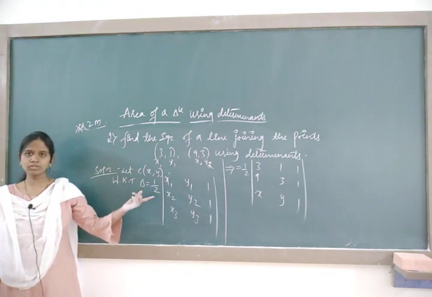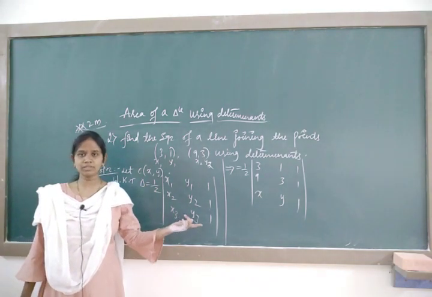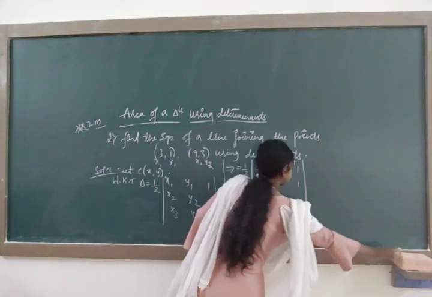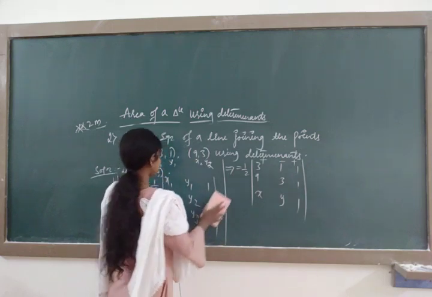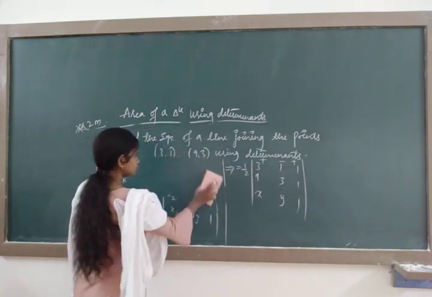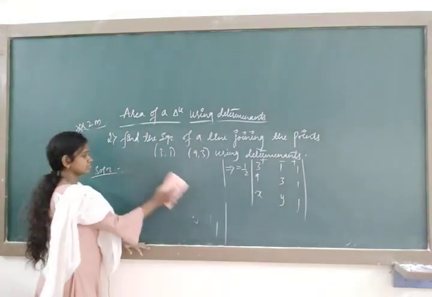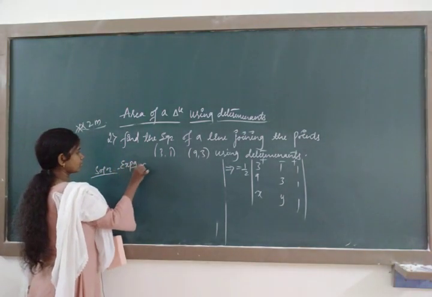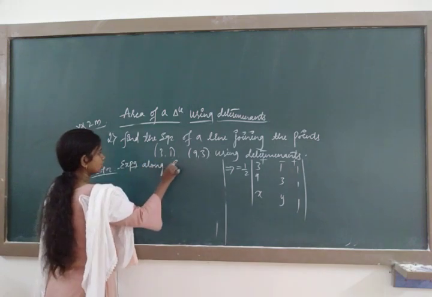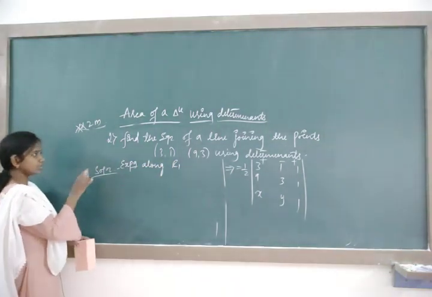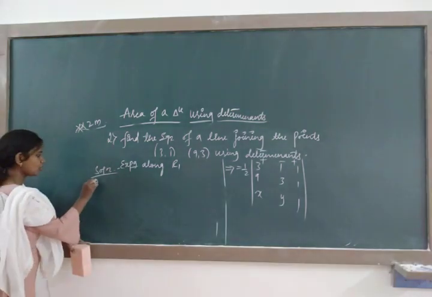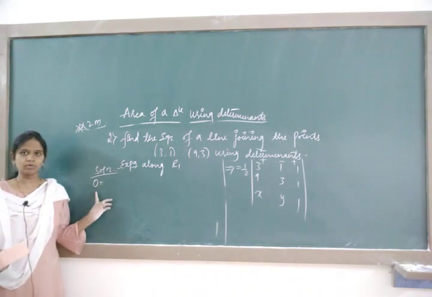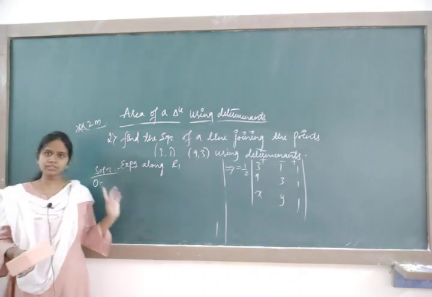So it's a 3 cross 3 determinant. Expand the determinant using plus minus plus, expanding along R1. When you expand along R1, you get the equation of a line. Always take the delta value, whatever triangle you have represented, as 0. For a line, you always take 0 on the left hand side.